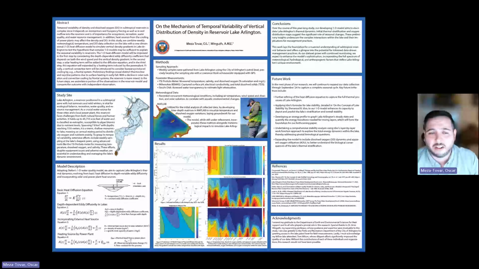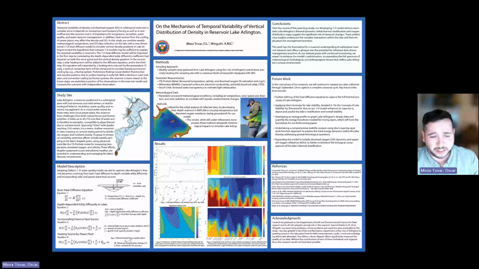This lake isn't that large, only spanning a surface area of 7.8 square kilometers and only reaching a maximum depth of 15.6 meters. With that, it is considered a warm, shallow monomictic lake, meaning a certain part of the year sees oxygen and nutrients evenly distributed throughout the lake's depths, and this is usually seen from fall to winter. And to really accurately depict this, we try to figure out the temporal variability, and we utilize